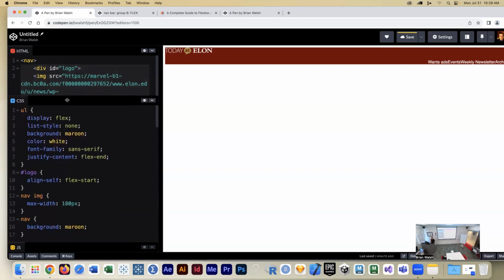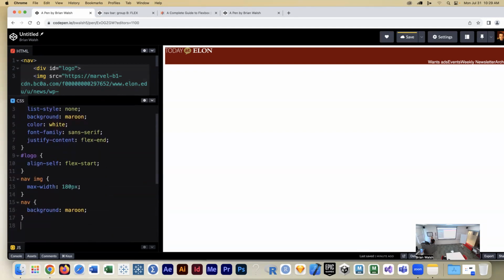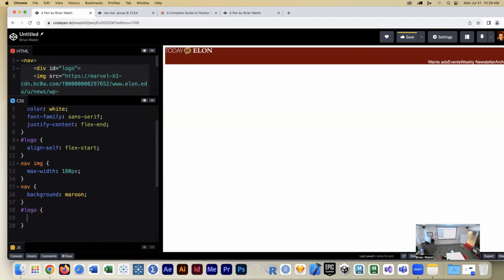What is logo? What's it do? Let me go down here and say hashtag logo and put a border around it. Like how tall is it? Is it as tall as the whole nav? No. Can you see that when we put a border on this, we can see that these two things are